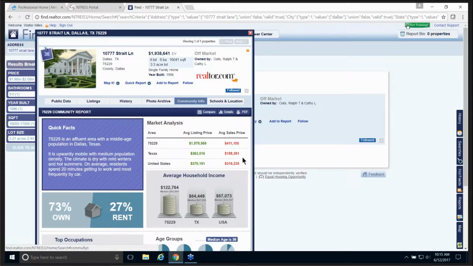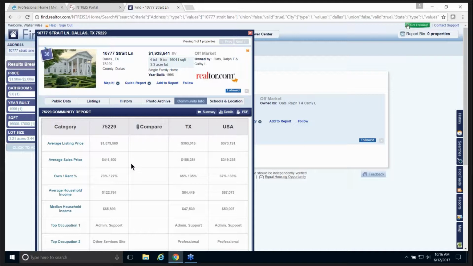So if we scroll up, one neat thing that it does here is back on the dark blue bar where you see the zip code, if you come over to the right, you can do a compare. When you do a compare, this is if you've got someone moving from out of state and they're thinking about moving into this zip code, you can actually put in the zip code of where they're coming from. So if we click this little pencil in this column for the compare, and we put in a zip code,